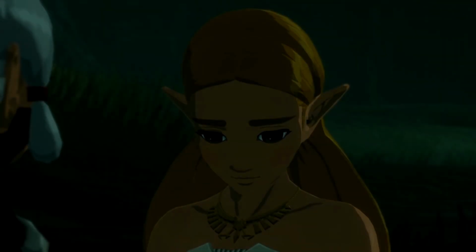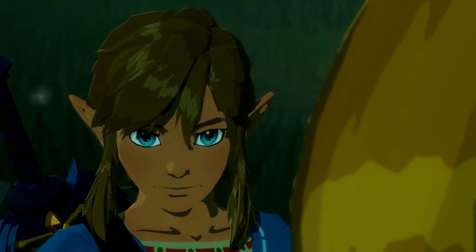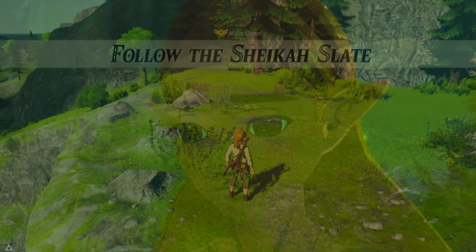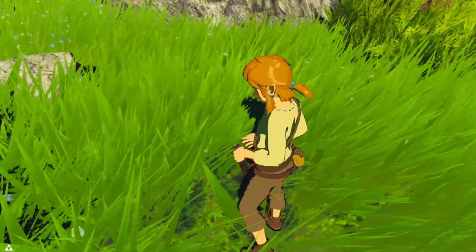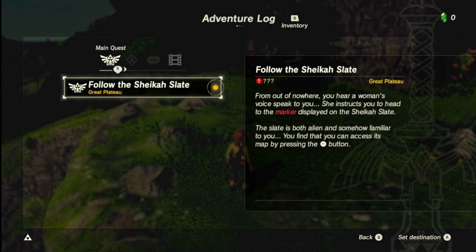There are also instances where personal expressive language is used, in combination with narrational style text within the same quest. The very first quest in the game, Follow the Sheikah Slate, does just that. It combines expressive language and standard narration or guidance in the same entry. It's very clever, actually. By looking at the English text of this quest, you'll see that the narrational element is there already, directing the player to access the map by pressing a button.